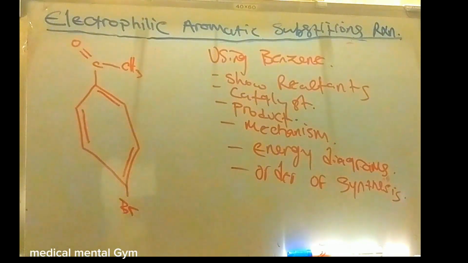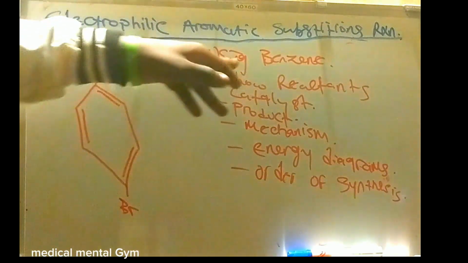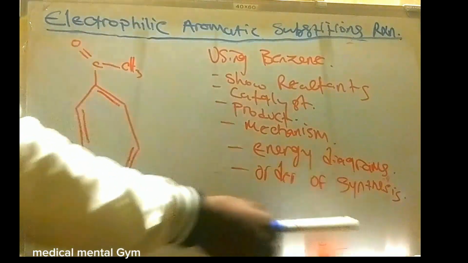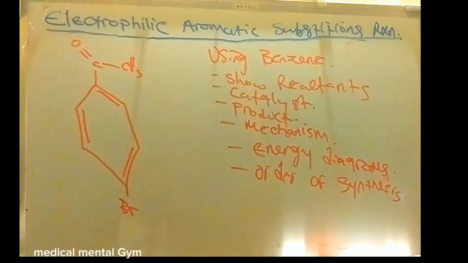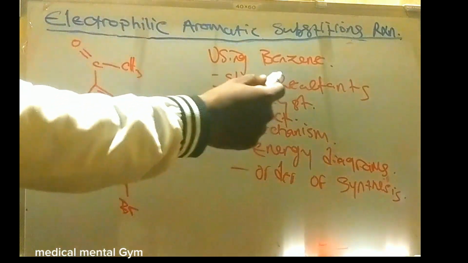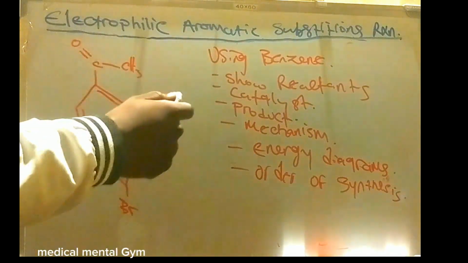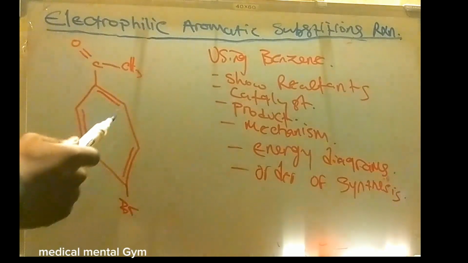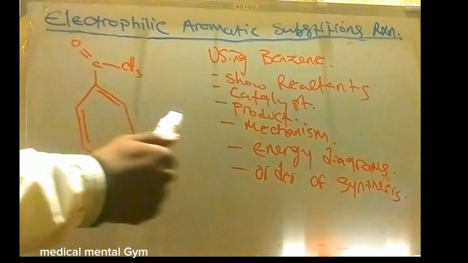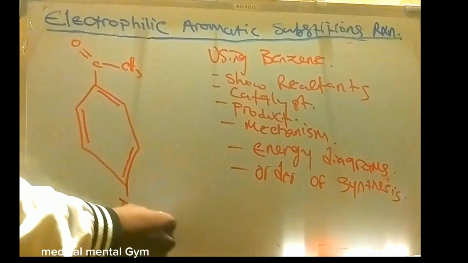In this section, we'll look at electrophilic aromatic substitution reaction. And before me presenting, there's a question. This question reads: using a plain benzene ring as your starting material. So we're using a benzene ring as our starting material in this reaction. Show the reactants, the catalyst, the product, the mechanism, the energy diagrams, the order of synthesis to produce this